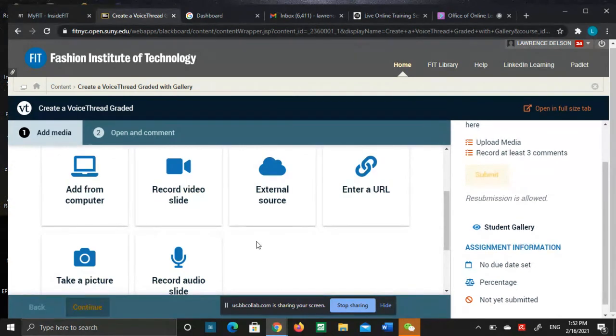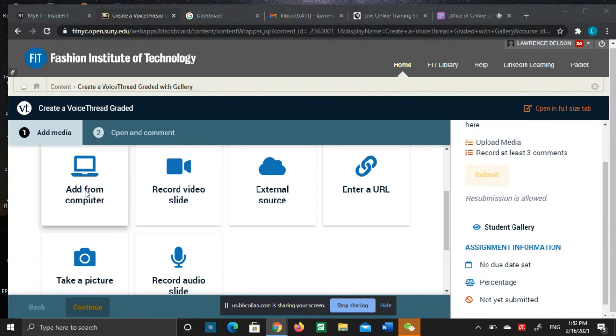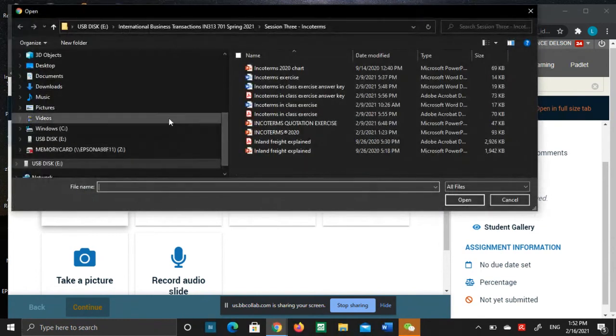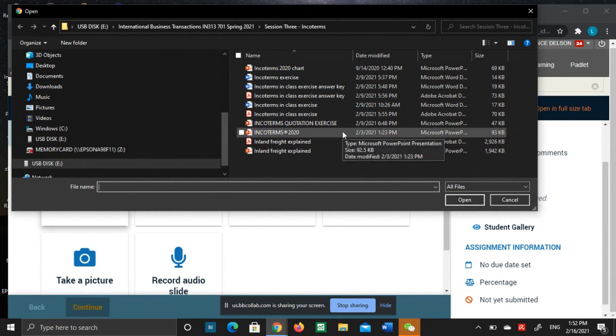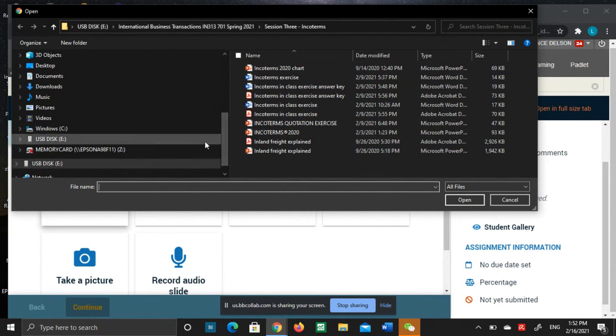There is no option here for you to go find pre-existing. So Larry, click Add from Computer for now, and just grab any kind of JPEG you have lying around. Not a PowerPoint, or I'm going to use one from one of my courses. You know why I'm saying don't do it? Because we're running low on time. So if you just grab a single picture, no matter what it is.